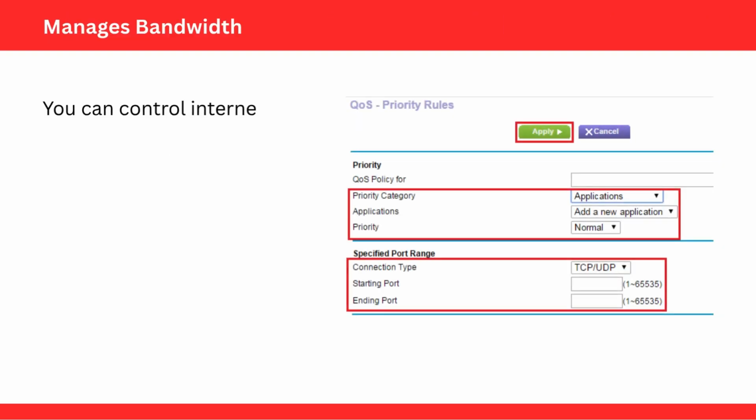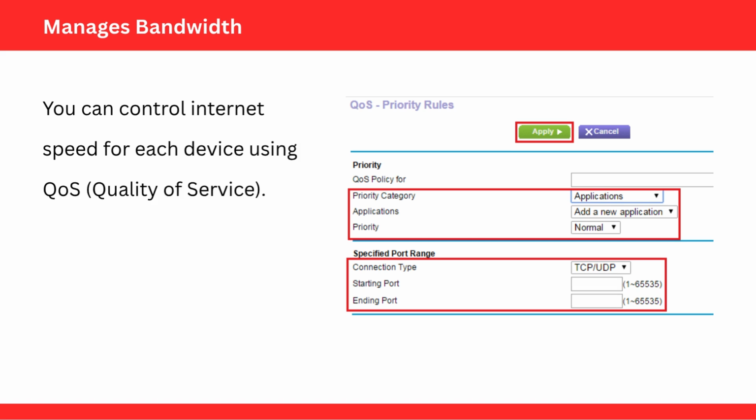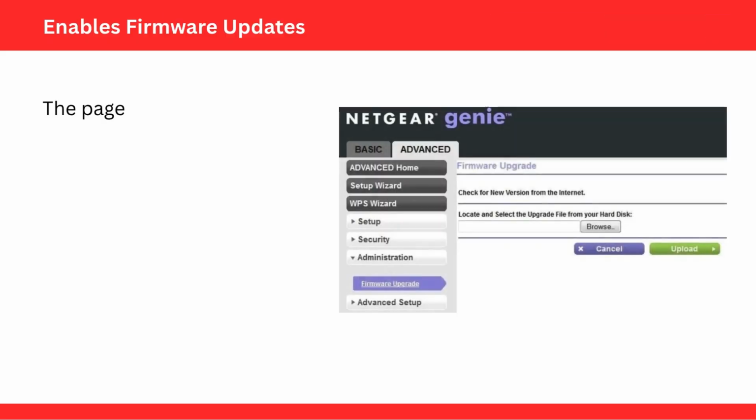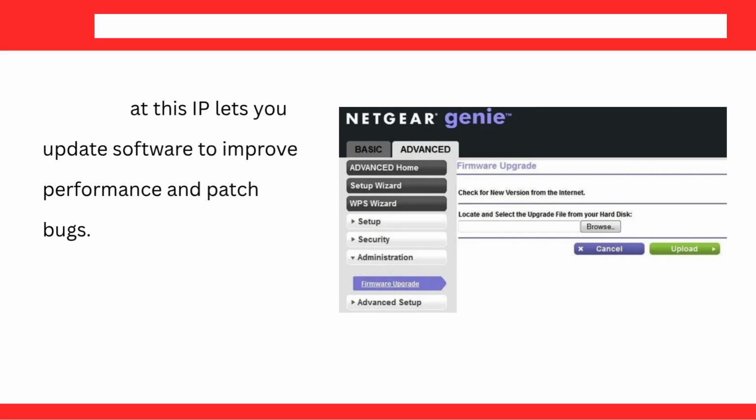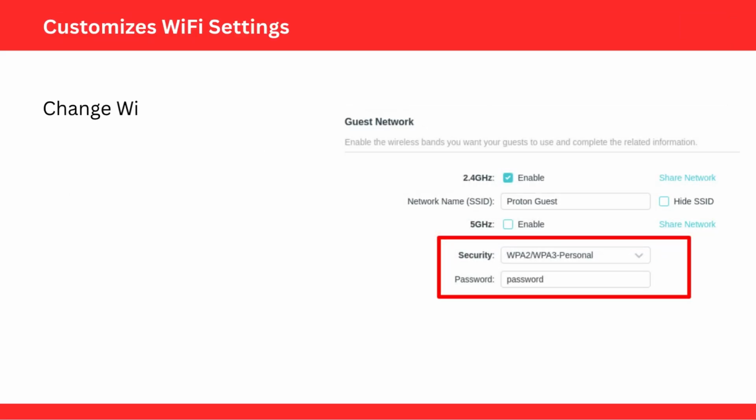Manages bandwidth. You can control internet speed for each device using QoS, quality of service. Enables firmware updates. The page at this IP lets you update software to improve performance and patch bugs. Customizes Wi-Fi settings. Change Wi-Fi names, guest networks, channels, and more, all from